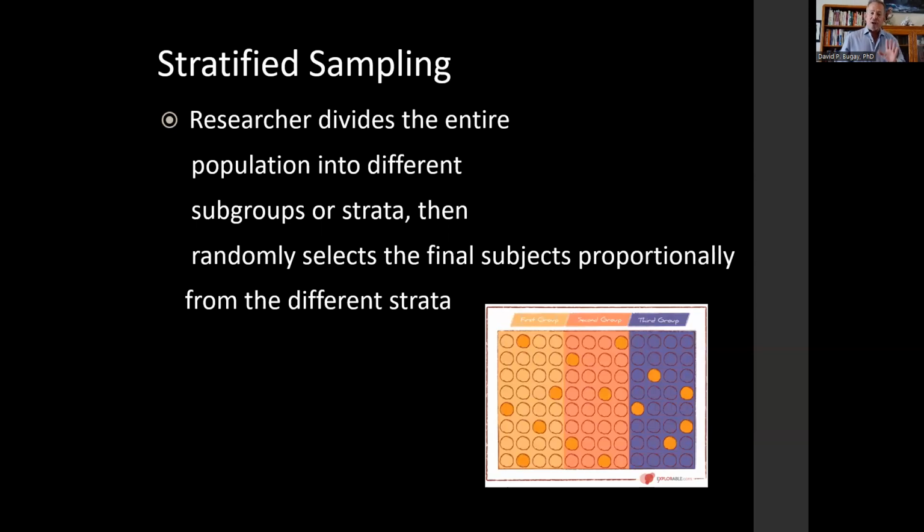Or you have a stratified sampling. The researcher divides the entire population into different groups. They take their colors, their crayons out from 3rd grade, and they color the sheet, and they have 1 yellow, 1 peach, and 1 blue. And then they have their magic crayon, and they throw their magic crayon that has a point on the end of it into each section over there, and they make a decision on a random thing, but based upon the stratified aspect as to how you chose those 3 different groups.